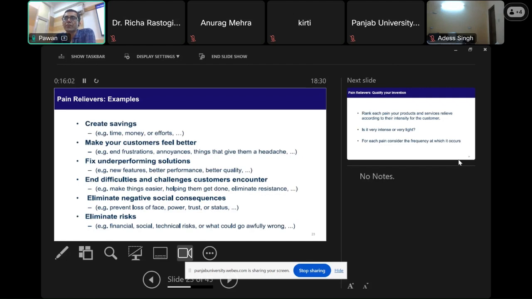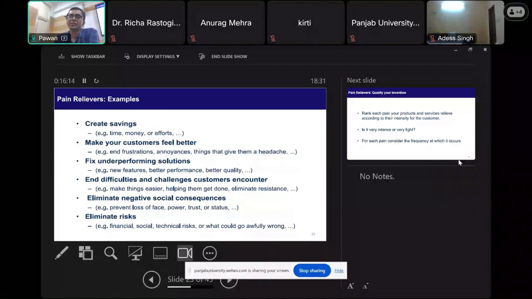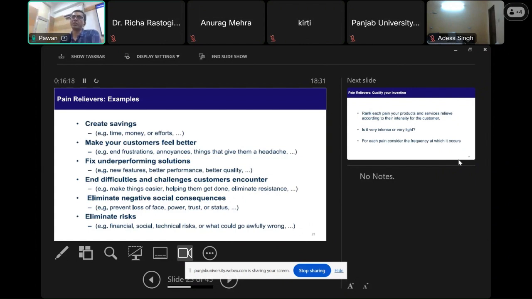The third thing was... So this is exactly where market research can help you. When you are creating a product, you are assuming that these are the problems which exist, and these are the problems which my product would solve for the customer. Now, when you go and talk to the customer, you could actually test your assumptions.